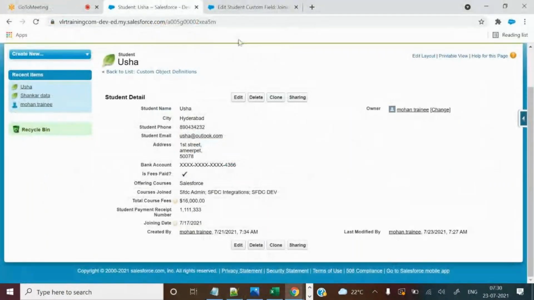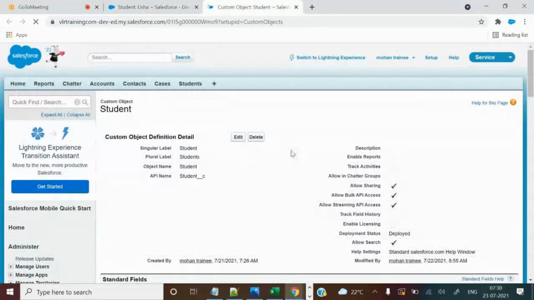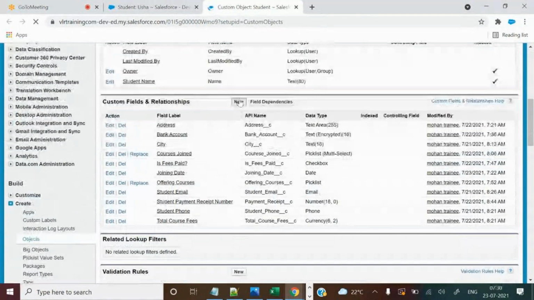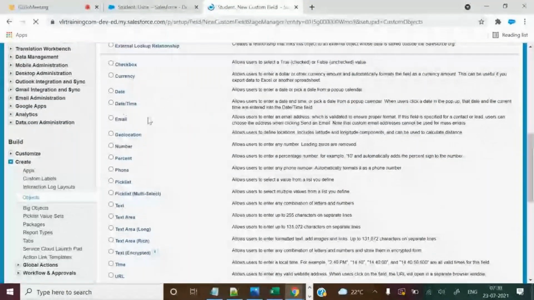so now you can go to object, go to fields, so create a new discount field. It is a student object, and go down, create a new custom field.